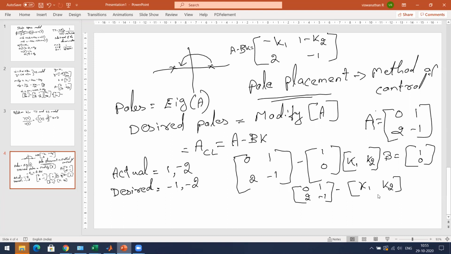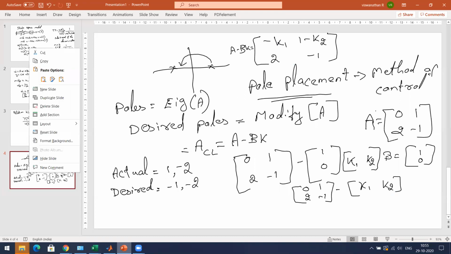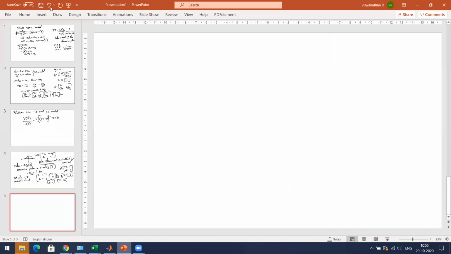There is no second row here. So minus K1, 1, minus K2, 2 and minus 1. This is the A minus BK matrix. Now you have to know what should be the K1 and K2 values, so that we get the desired poles. So how to do that? So we know that the